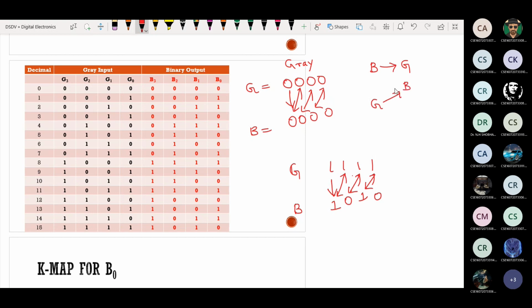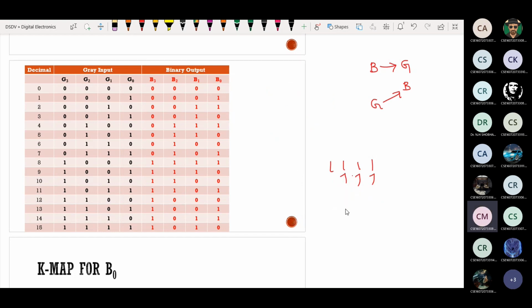Please form this truth table. Next, you have to tell me the equivalents for B0, B1, B2 and B3. Sum of minterms I want. For B0: 1, 2, 4, 7, 8, 11, 13, 14.